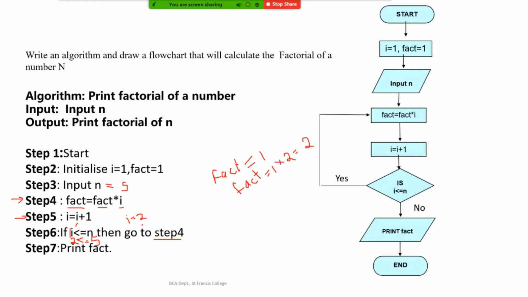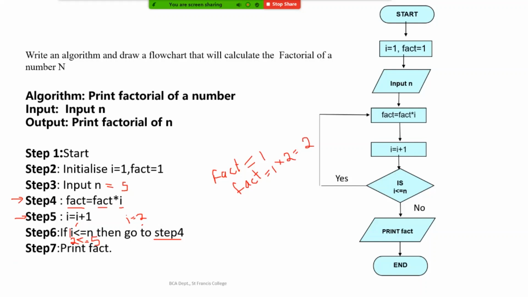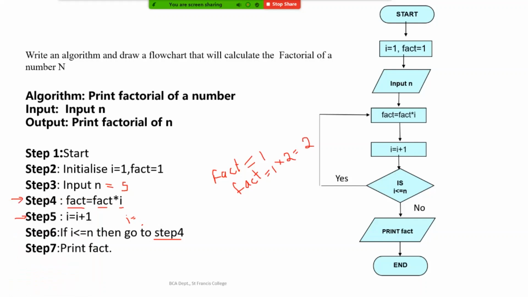Now it will move to the next step, incrementing i equal to i plus 1. It was 2, so it will be 2 plus 1, i equal to 3. Right?